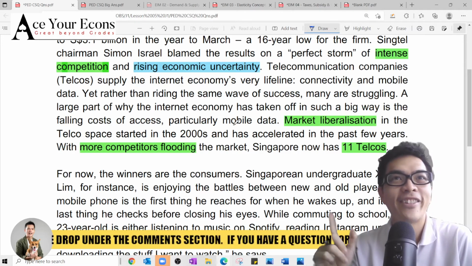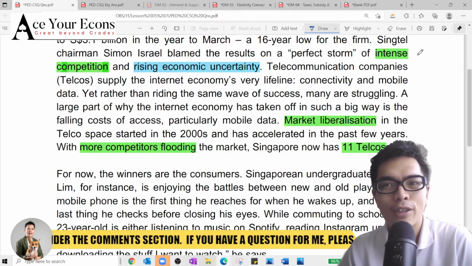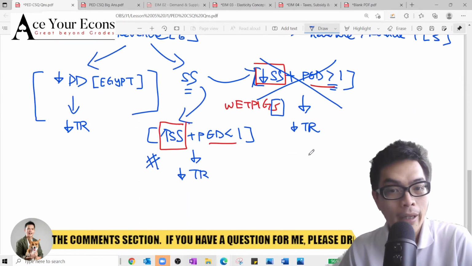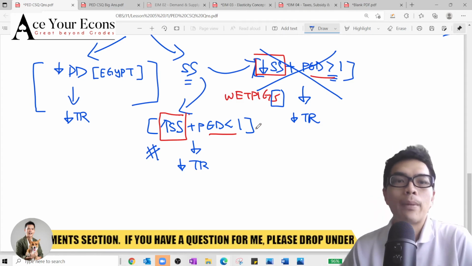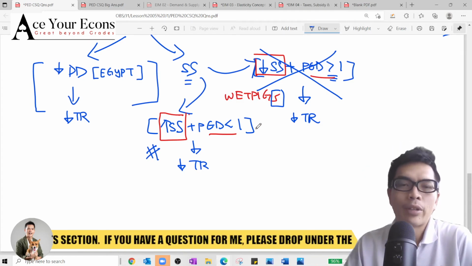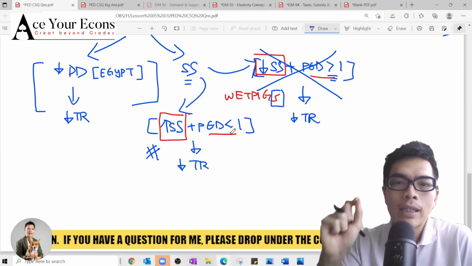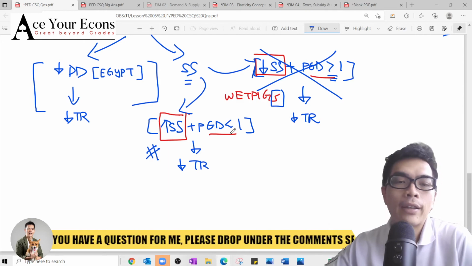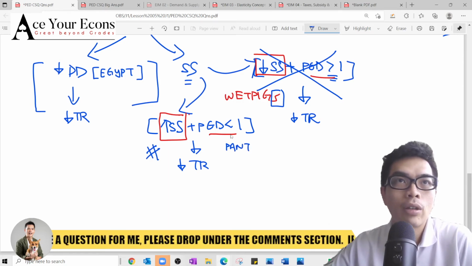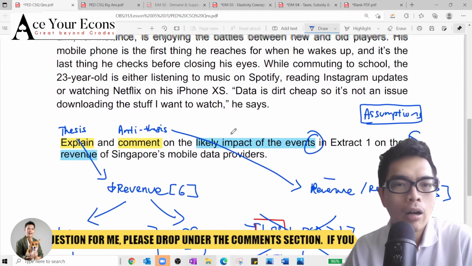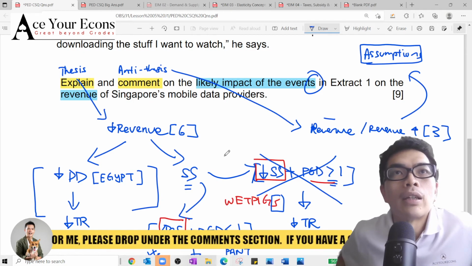So it's these two outcomes only. You choose to convince, not confuse me. So you choose either of these. WEBPICS, increase in supply. Then you can establish that. Then we have to make the assumption that PED is inelastic. When you make a PED assumption, you have to stick to PANT. So maybe Jiaming, would you like to carry on to illustrate why mobile data is inelastic?